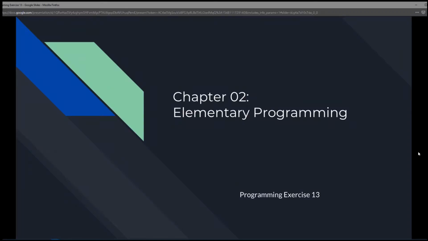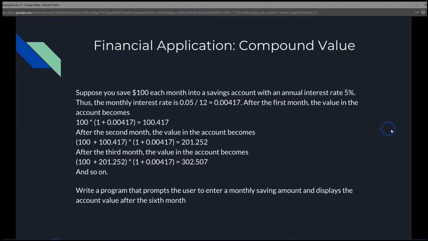This is Chapter 2, Elementary Programming, Programming Exercise 13, Financial Application, Compound Value. So, the question asks, suppose you save $100 each month into a savings account with an annual interest rate of 5%. Thus, the monthly interest rate is 0.05 divided by 12, which is equal to